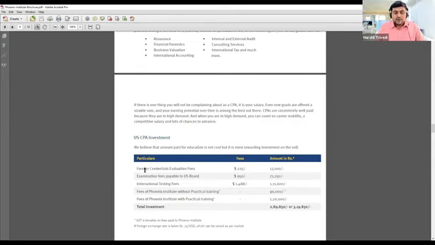Foreign credential evaluation: like I told you, all your education certificates need to be sent to the foreign evaluating agencies. We are sending documents to NASBA, that is NIES, and their fee is $225, which is approximately 17,000 rupees. Once you clear this, you have to pay the examination fee to the US State Board. For all four papers, the examination fee is approximately $950.